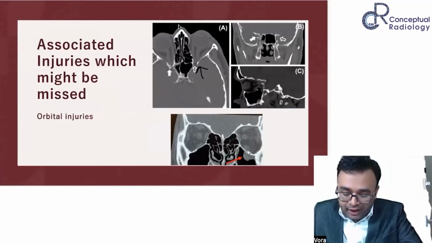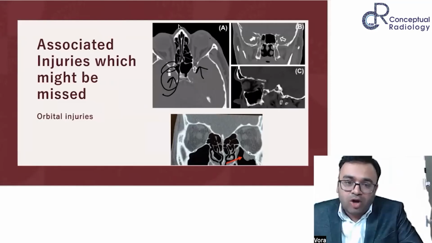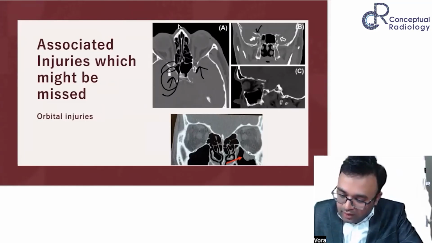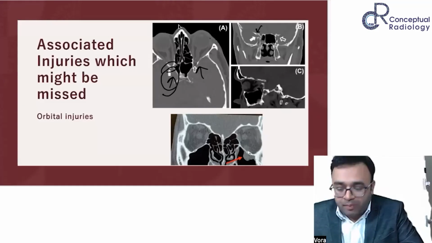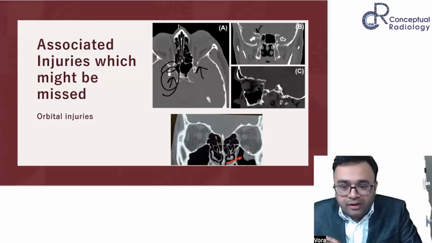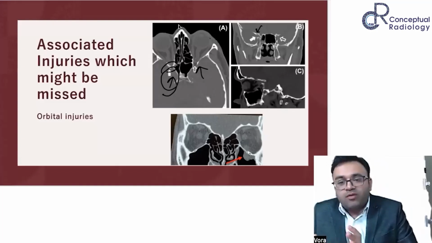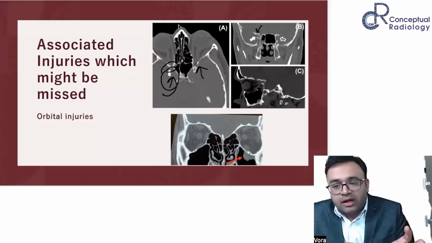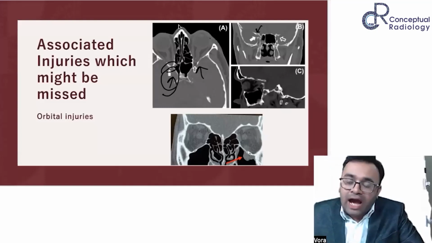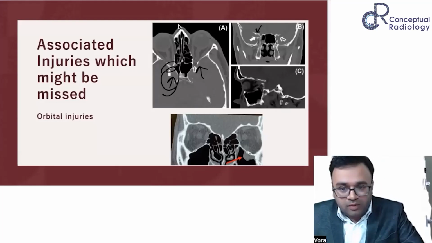And there might be associated orbital injuries, especially in patients like you can see here, where you can see a fragment which is compressing the optic canal. This compression of the optic canal causes traumatic optic neuropathy. You don't need to get a separate orbital CT for it. So in all cases, especially if the impact is closer to the frontal skull base, we ask our residents to confirm